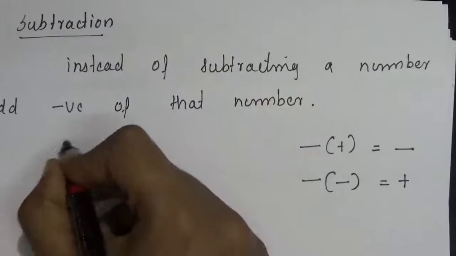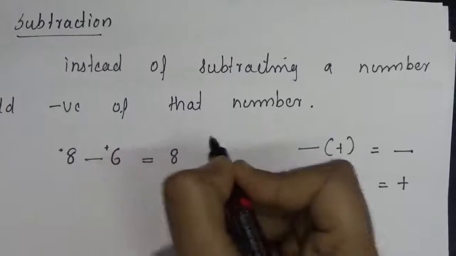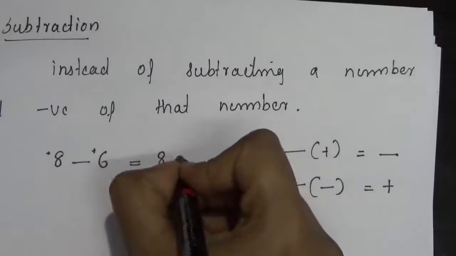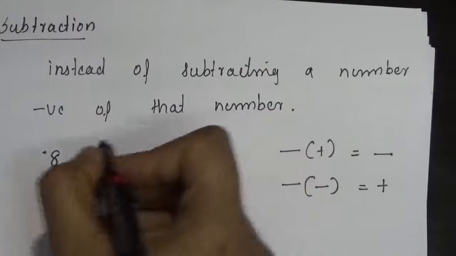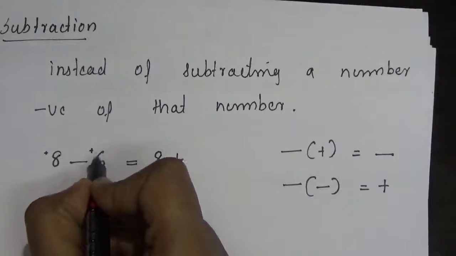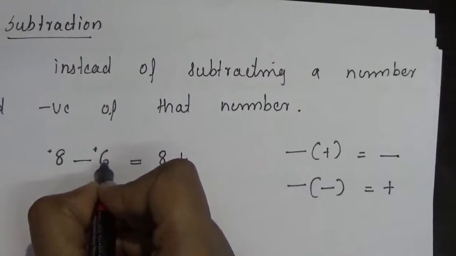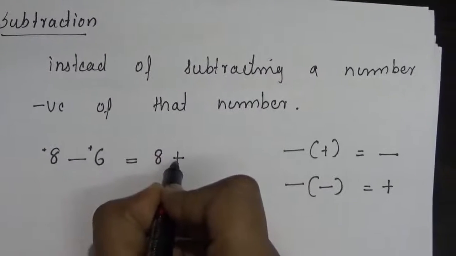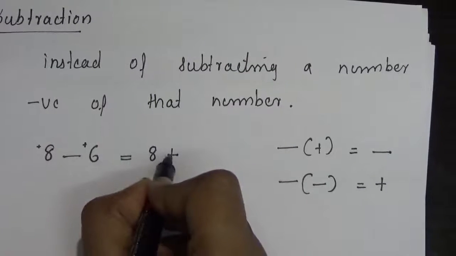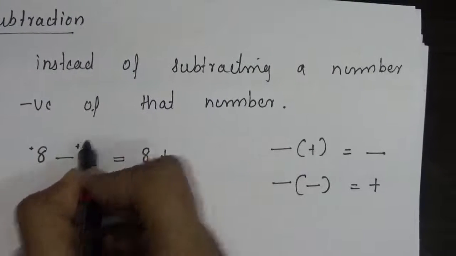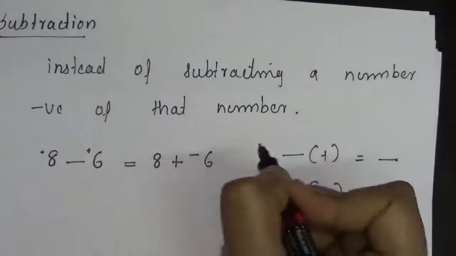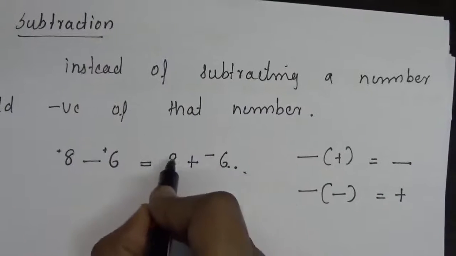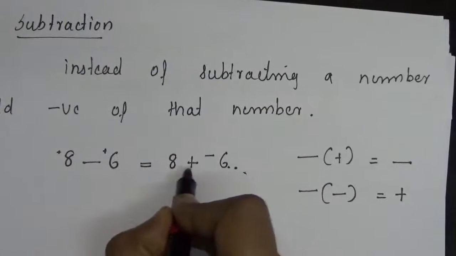So the first number is plus 8. So just write 8. Change the operation minus to the operation plus. Then you have to change the sign of the second number, that is we are subtracting that number. So its sign is now plus. If we change the operation negative to positive, we should change the sign of this number. So we get minus 6. So it becomes addition of two numbers. So addition of two numbers, they are of different signs. So we have case 2.